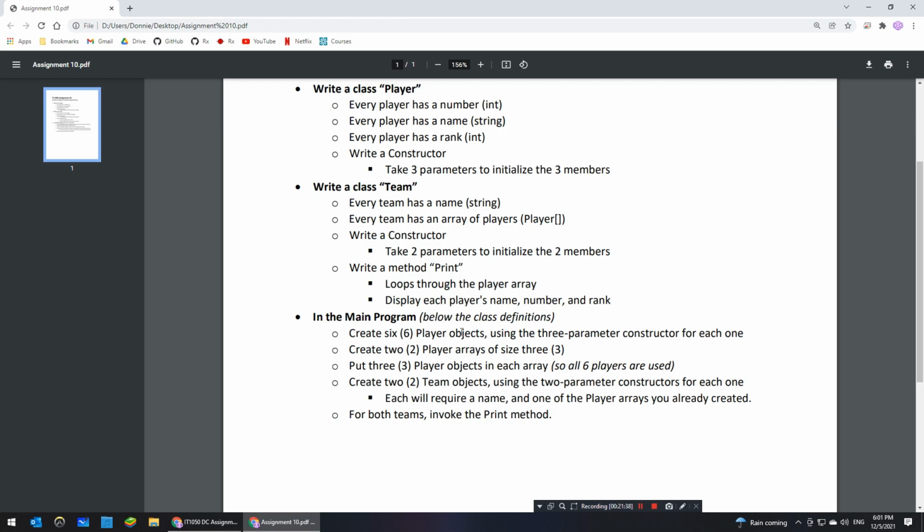We created 6 player objects. We created the two player arrays. We put the players inside of the arrays. And now we come to the conclusion. This is the pièce de résistance, the end of the main point of the program, which is